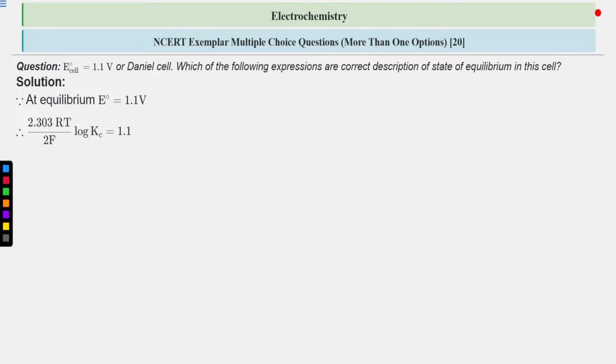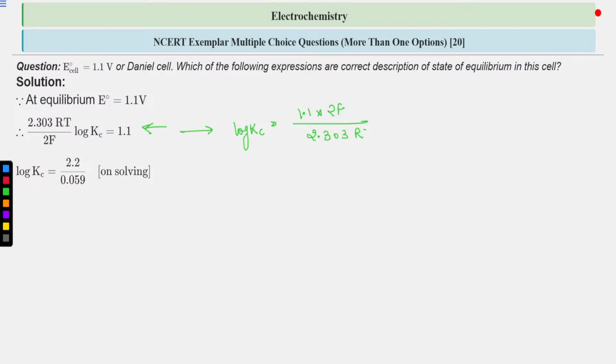Therefore 2.303 RT by 2F log of Kc equals 1.1 volt, right? And that is the second option. If you write the log of Kc value, 2F will go to the other side in the multiplication, so log of Kc equals 1.1 multiplied by 2F divided by